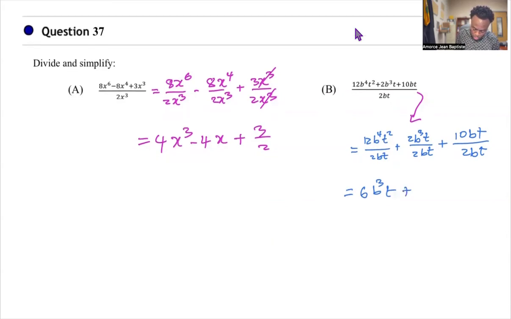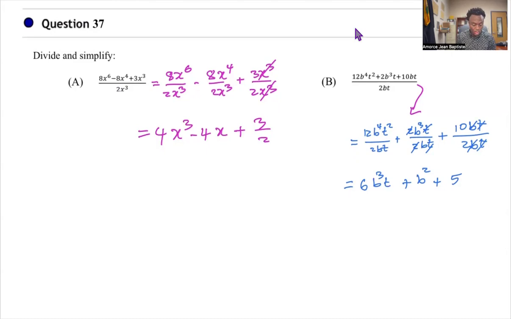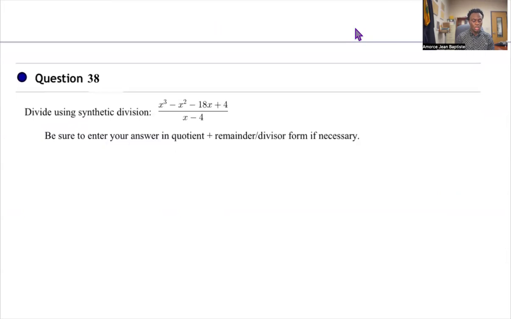Next, plus 2 divided by 2, 2 cancels out. b^2t also cancels out. And then plus 5, b cancels out, and t cancels out. So that's this one. Last, well, the two last problems are synthetic